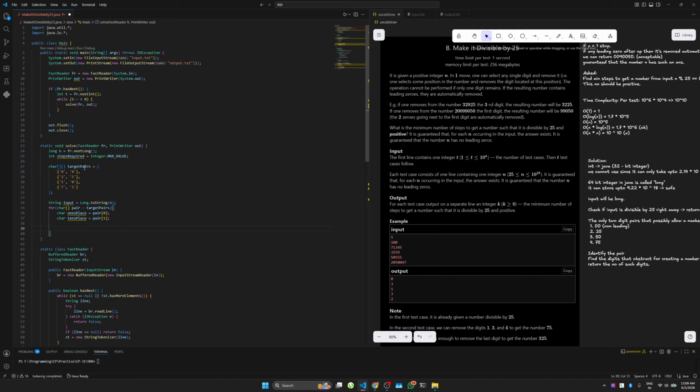Then our right index will always start at the back, right? Right index, or we could just call it right. Start at last index of steps required. No, ones place, because we're looking for